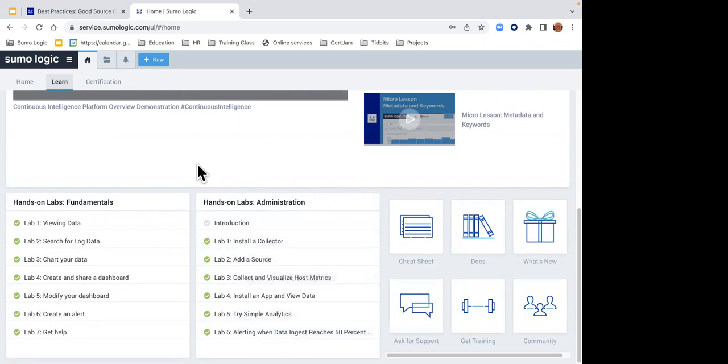So that's where we can get a hold of our labs. The second thing I want to show you is where can I get a hold of the slides? Where can I get a hold of a recording of this class? That sort of thing. So again, here on the home tab,